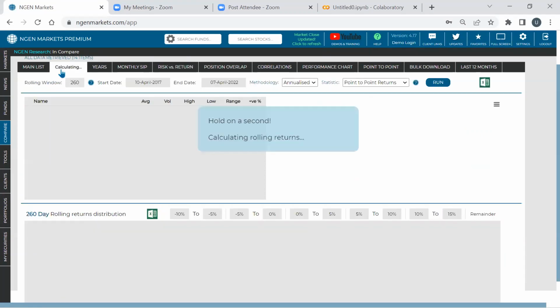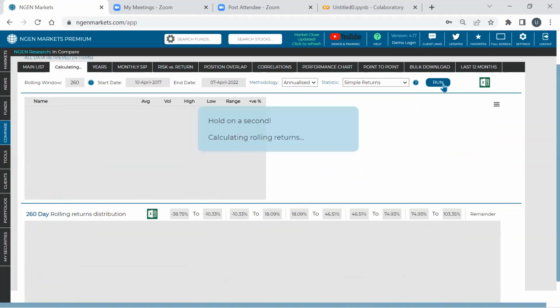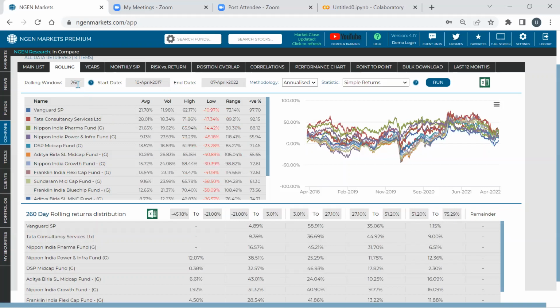Now, I'm not going to talk about rolling analysis for simple returns because that was already covered. But the gist is, if you take into account simple returns, it just means: what if you invest every day from the start of 2017 till 2022 and get a certain set of returns? So every single data point shows you the sum of the previous 260 days of daily returns. Now here you would like